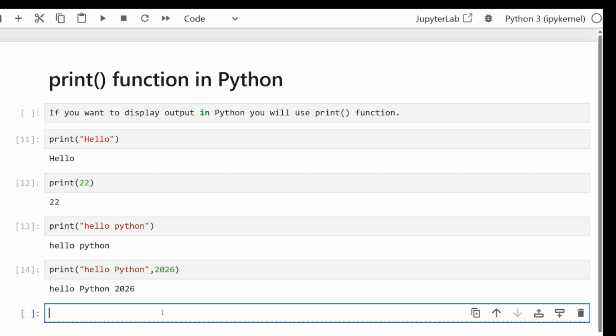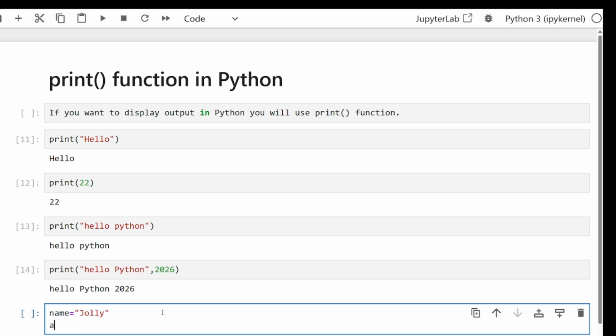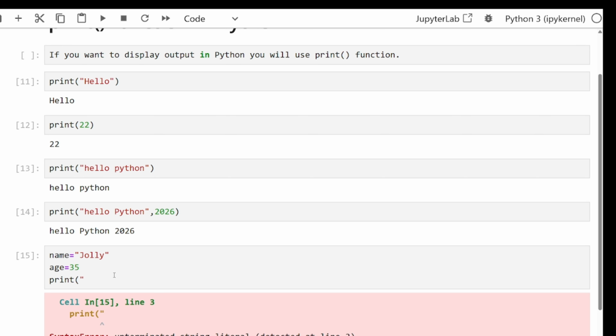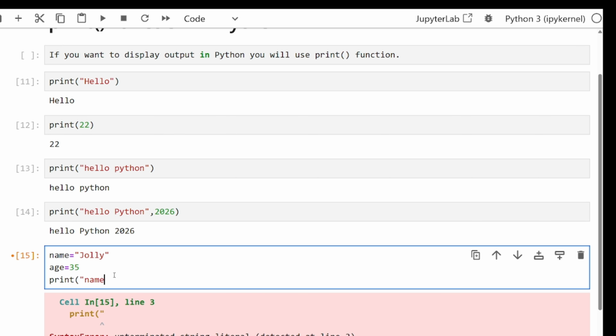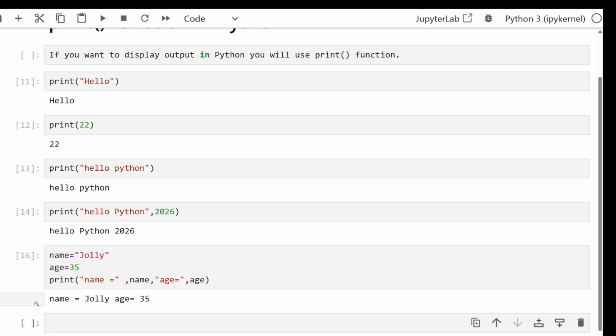For example, if I write name equal to Jolly and age equal to 35, then print "name =", comma name, comma "age =", comma age. Then run it. It is a formatting output.